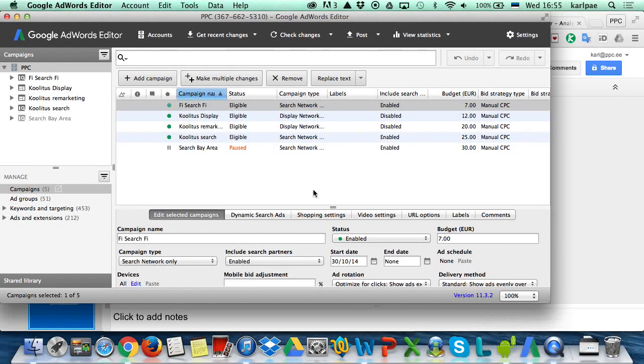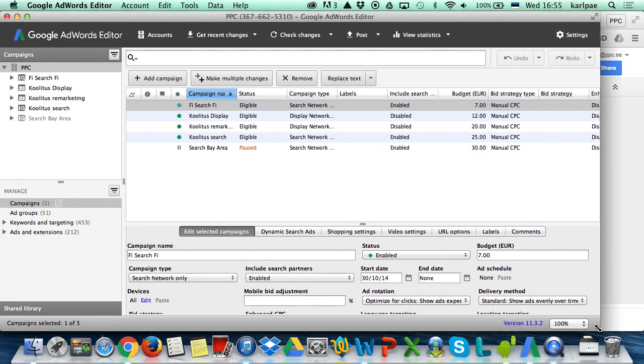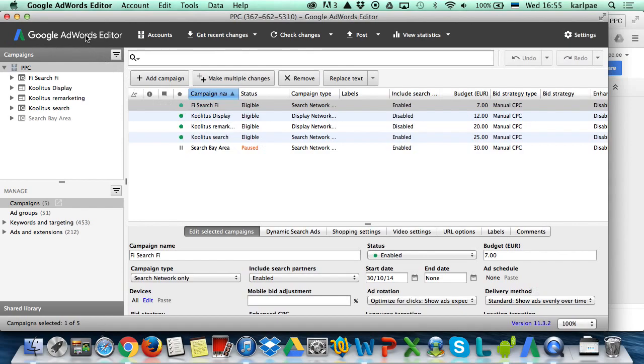This is AdWords Editor here. It's a free tool built by Google, which helps you manage your campaigns. It works offline. It's an application you have to download, and it just makes life a lot simpler. So, for example, if you have all these ad groups here,